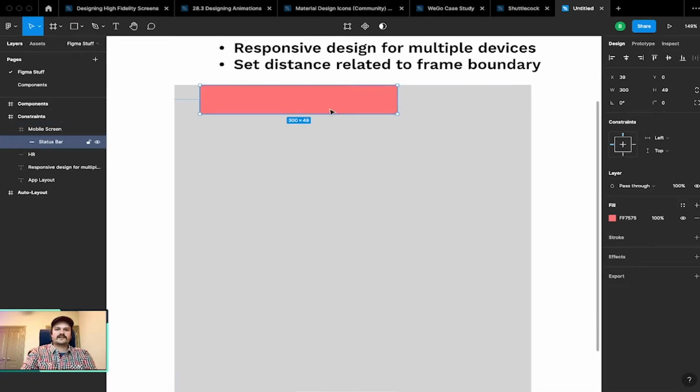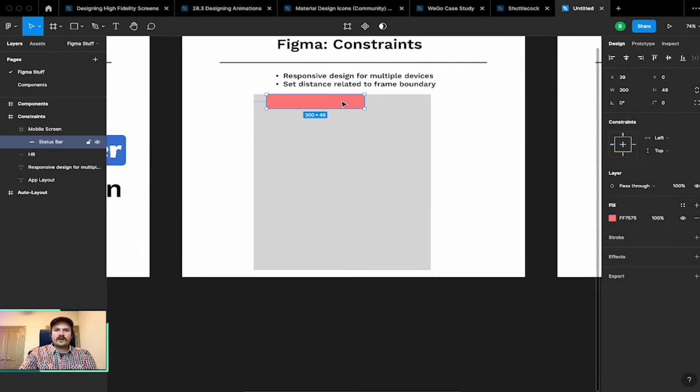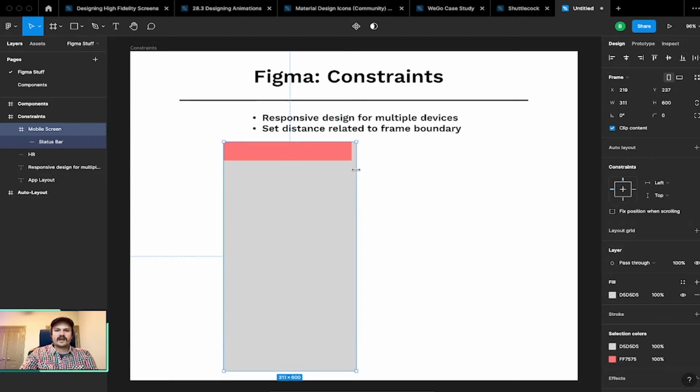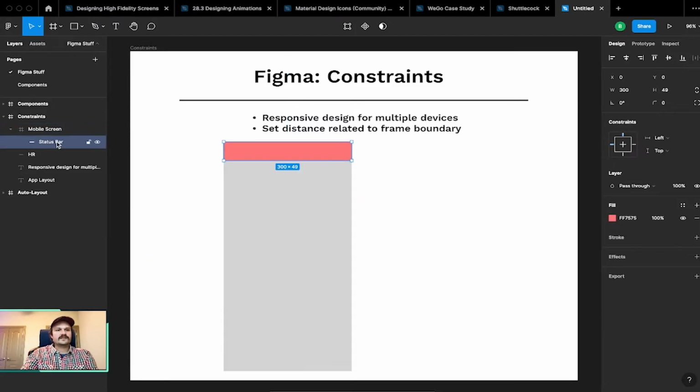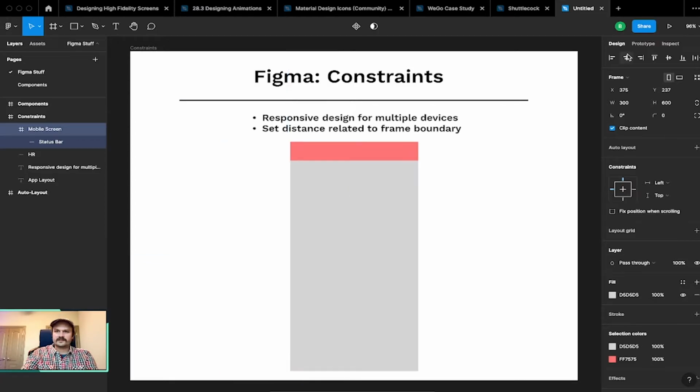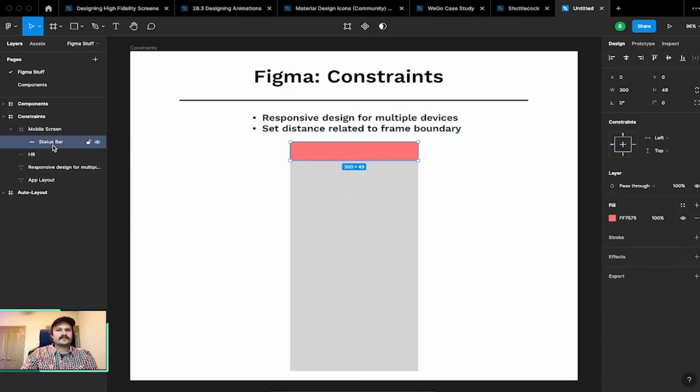And so let's say that we wanted to make sure that, let's do that, there we go. We wanted to have the status bar scale with the frame no matter what. So we would select the status bar, which is of course a child. Mobile screen is, let's do this. Center that, there we go. So we'll select status bar, child of the parent called mobile screen. And we want to make sure that that